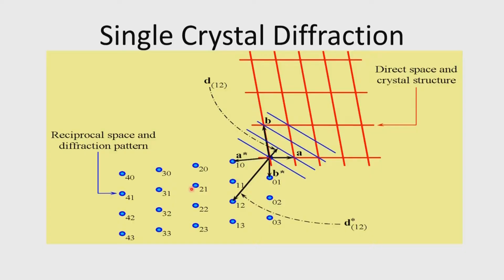We also know another factor: if any atoms lie on a particular plane, they will all correspond to the same phase. Therefore, when we get this reciprocal lattice point, let us say 2 1 here, 2 1 will contain information of all the atoms in that particular plane in the Dirac lattice. Once we get the coordinates of 2 1, it is important to see what is the intensity that is associated with 2 1.